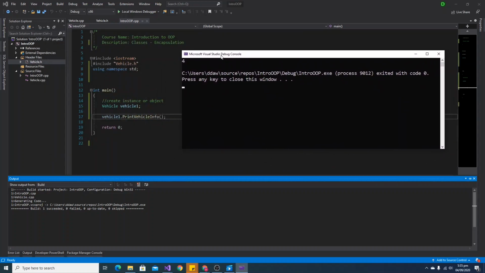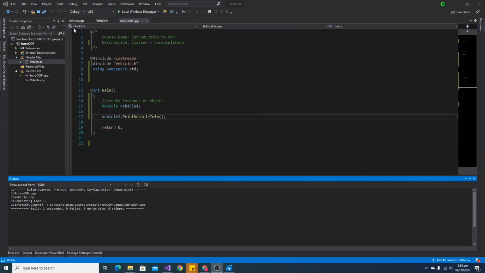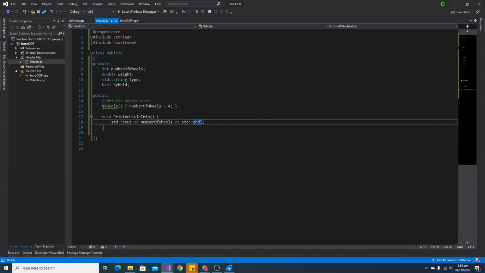That's essentially what a constructor does. Remember, a constructor can set the default value for you. If we wanted to define another constructor, so let us overload